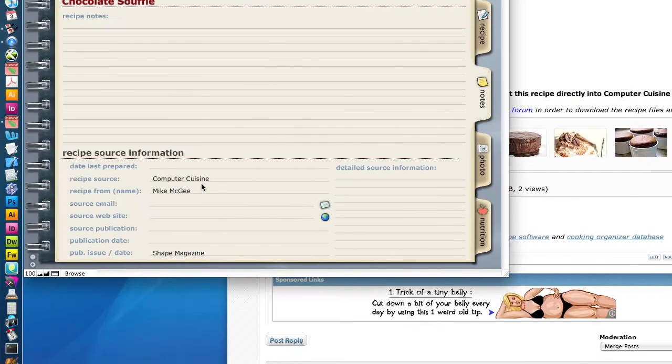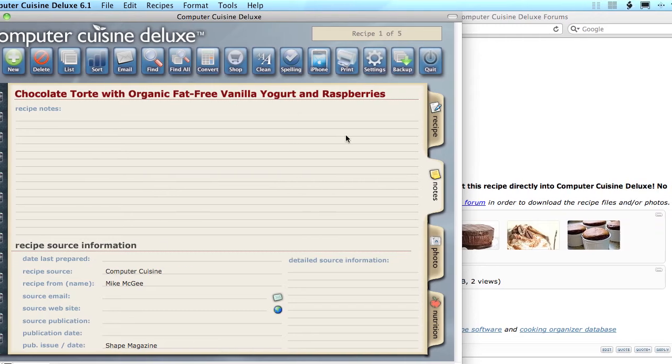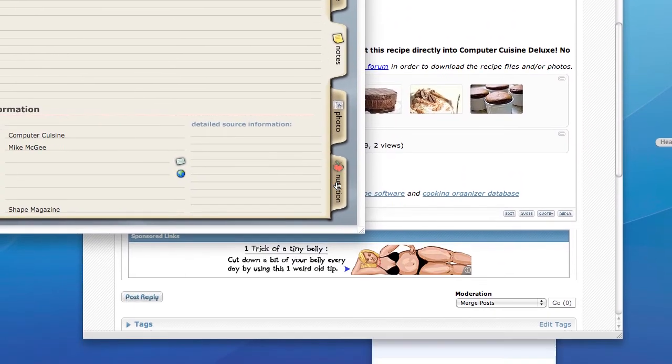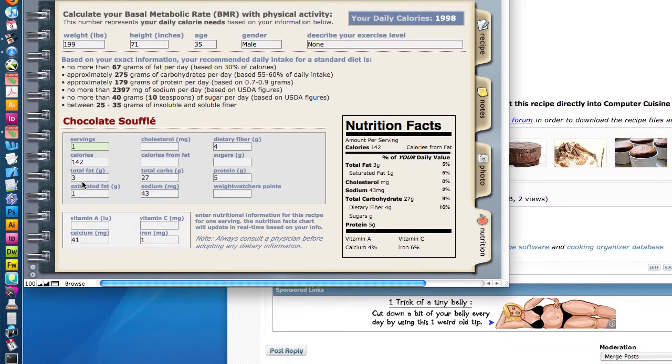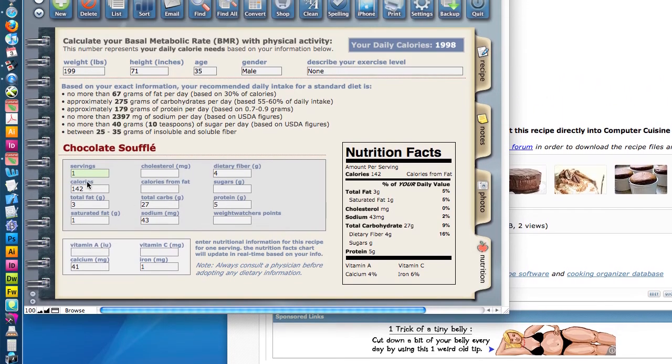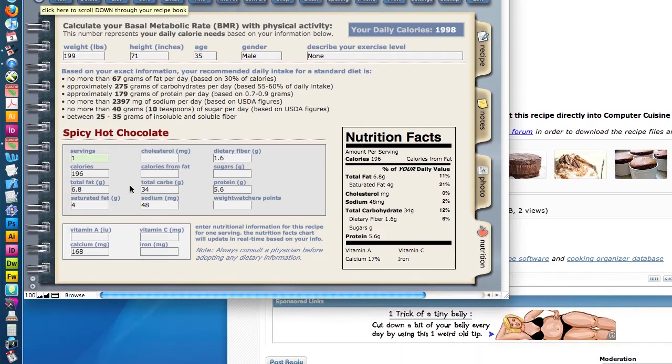The notes area will say that it's from Shape magazine, and I'm going to click here, and you'll see that there's the titles and such, but also more importantly, you'll see that the nutritional information has also been included, which was provided from Shape magazine. So anytime there was nutritional information, those calories, total fat content, sodium, that sort of thing, they're all actually entered in for the recipes here, and that is correct and accurate nutritional information that's found